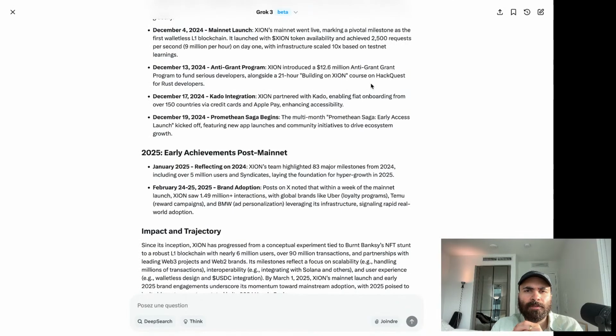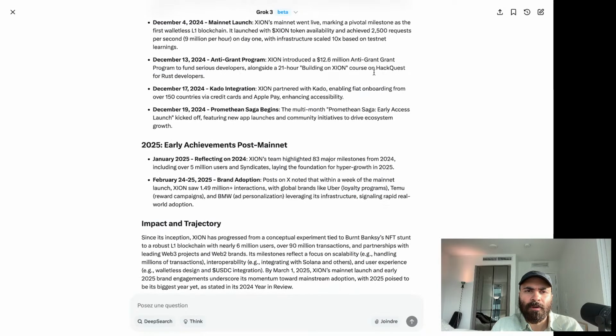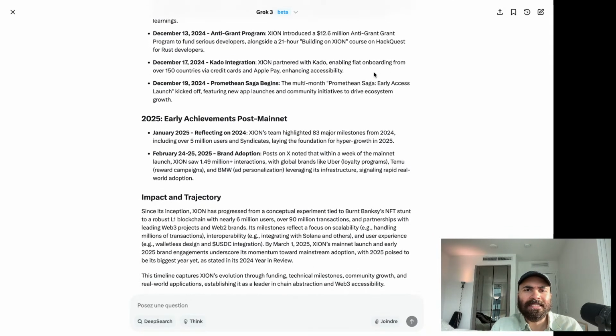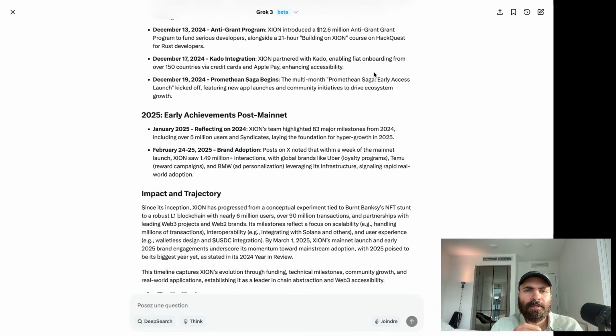December mainnet launch. Mainnet went live, marking a pivotal milestone as the first walletless L1 blockchain, launched with Zion token availability and achieving 2,500 requests per second, 9 million per hour on day one, with infrastructure scaled 10x based on testnet learnings. December 13,